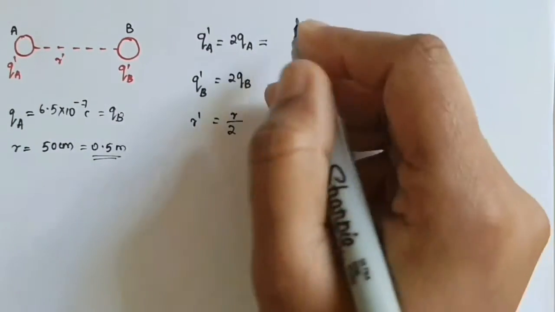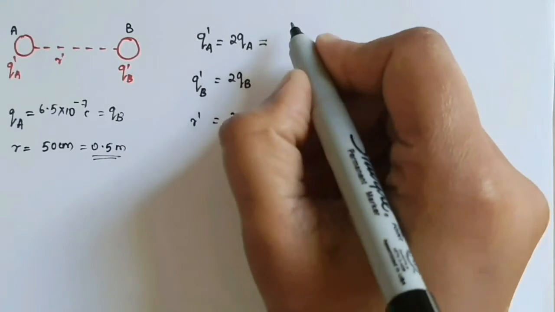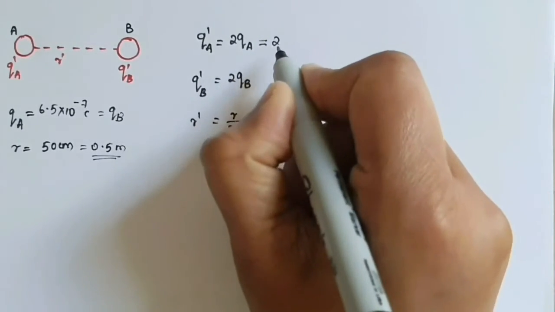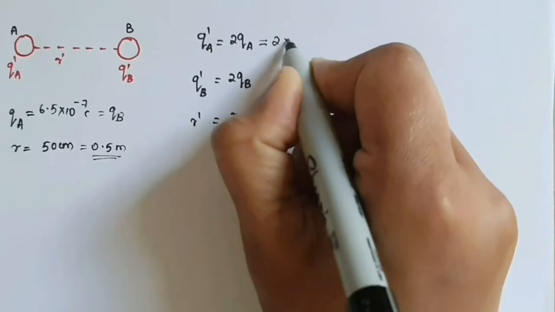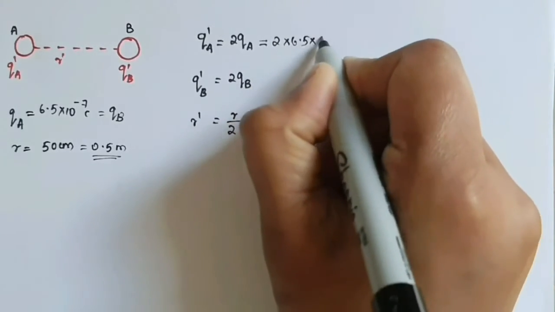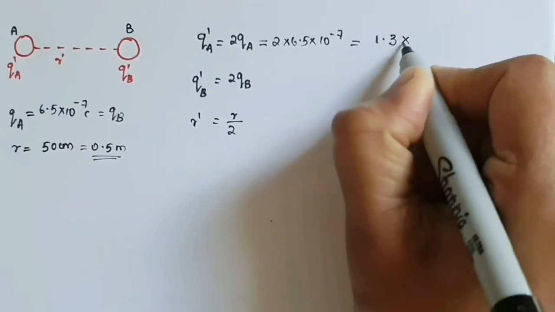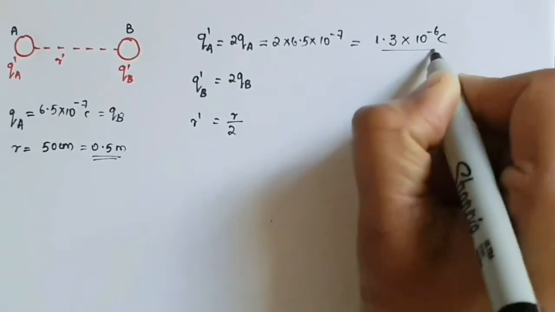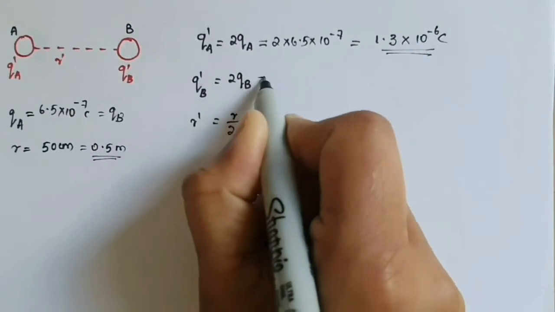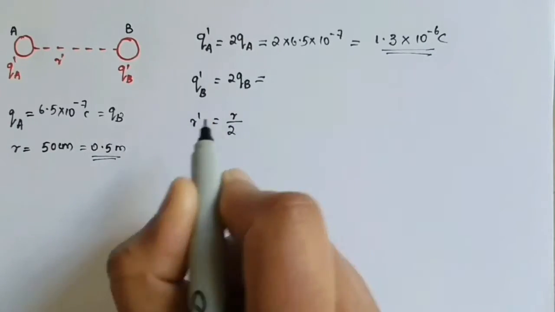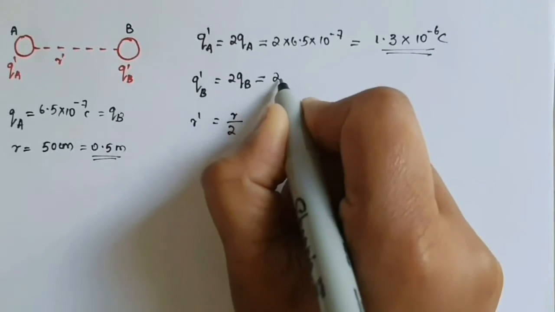This is equal to 2 into 6.5 into 10 raised to minus 7. This is equal to 1.3 into 10 raised to minus 6 coulomb. Similarly, QB prime is equal to 2 QB. This is equal to